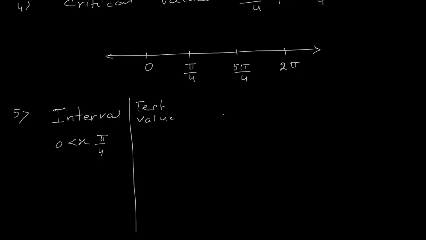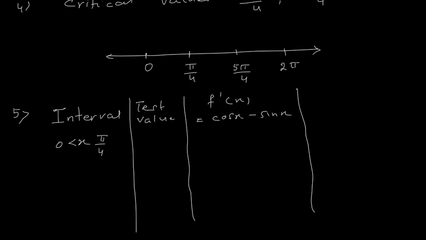Okay, in the previous problem also you can make this column for your better understanding. Then we have f dash x. So the value of f dash x, what you got? F dash x is your cos x minus sin x. For simplification you convert that tan x equal to 1, but your f dash x is cos x minus sin x, and here in the last column you can write the sign of f dash x. Fine.